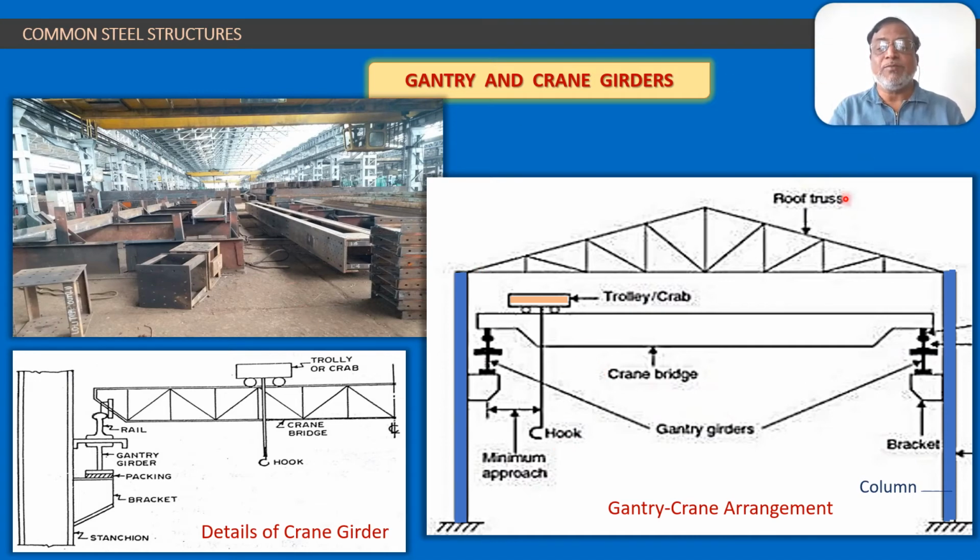So in this way, this crane and gantry girder system is a very essential component of any industrial floor in any industrial shed, and this is how the system works, and you can carry heavy loads from one point to the other with ease. So this was an example of another steel structure, gantry and crane girders. If possible, you can visit any industrial shed and get a good video of this system so that you can get a better picture also.